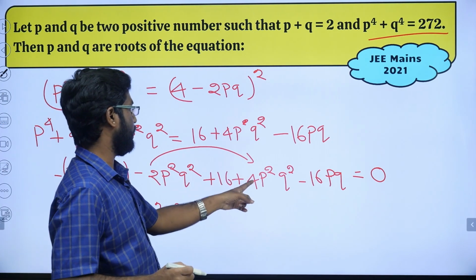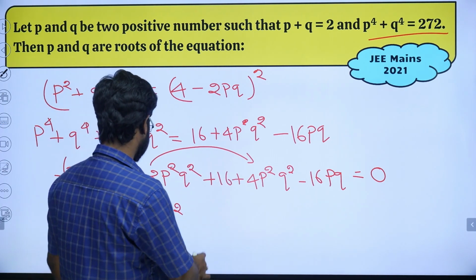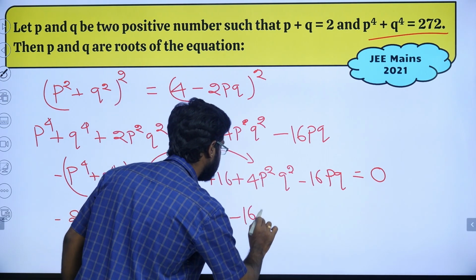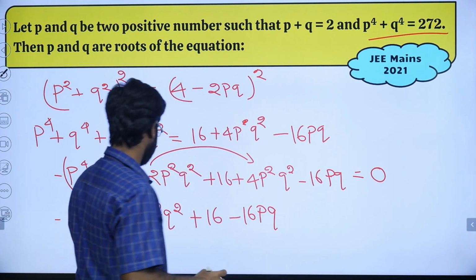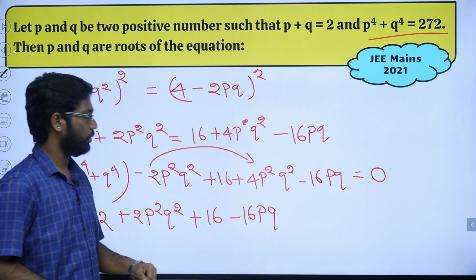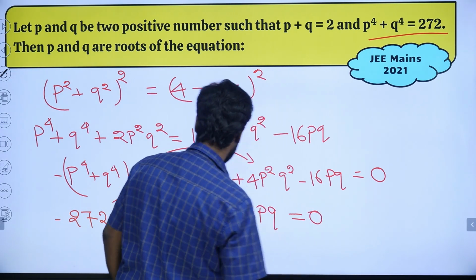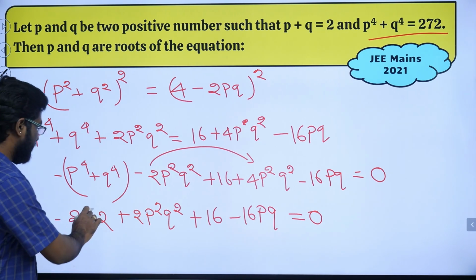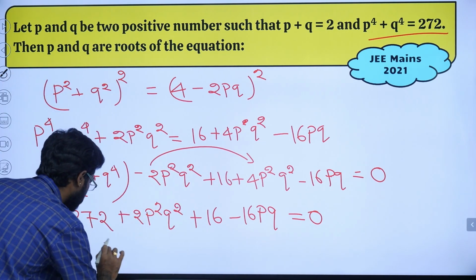p square q square, then my dear students, here plus 16 and minus 16pq, my dear students. Okay, it equals 0. Now what else can we do, my dear students? We can subtract this part. So 2p square